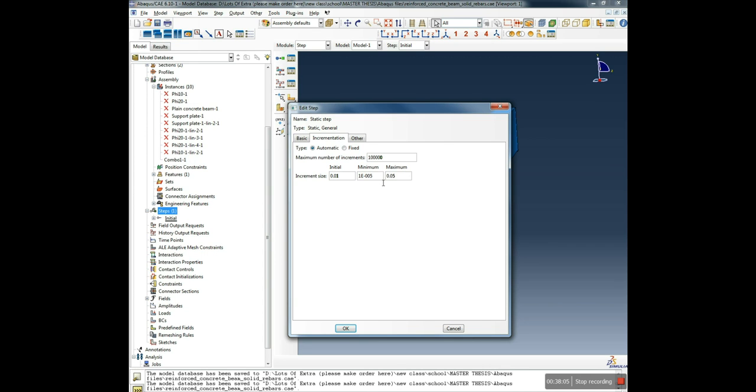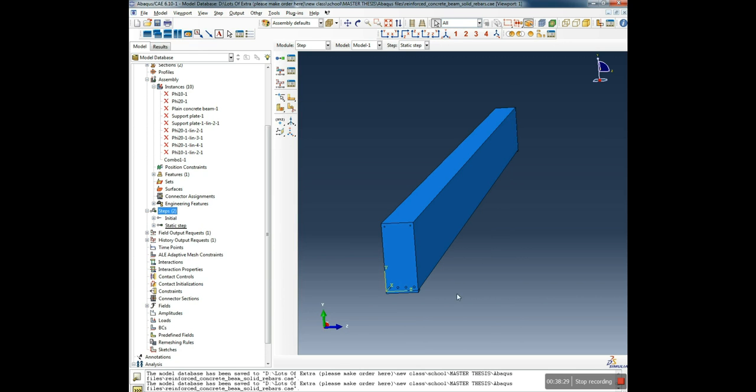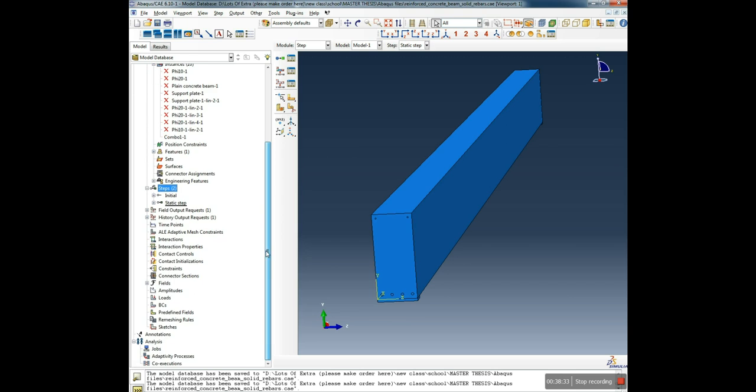But what was here by default for maximum? 1. Okay, so you say if it goes over 0.05, you want it to stop. No. If it's bigger than 0.05, it will still just choose 0.05, the maximum increment. Okay. Yes. Yeah, so we can just click OK here. Okay. And we define the step, and now we can go under